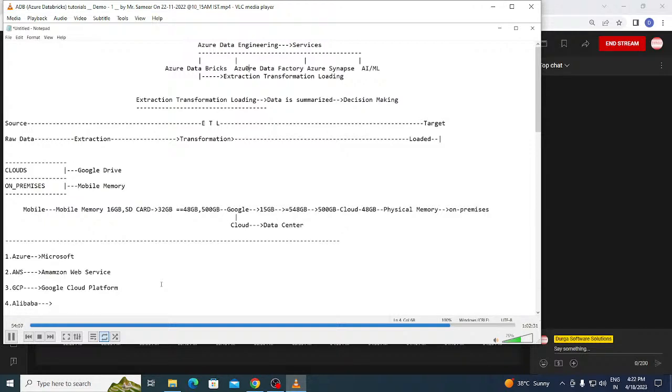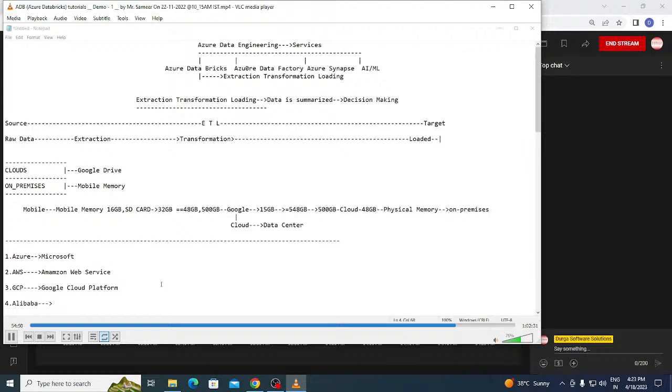Sir, there is a coding part in the curriculum, so do we need to learn coding as well? Yes, of course. Whichever coding is required, we will discuss it in the class itself. You need not learn the coding separately somewhere outside. I will explain it; it will be easy, not as tough as people think. We will see coding in 4 different languages: SQL, Python, R, and Scala.